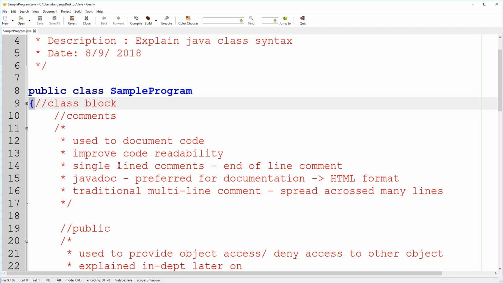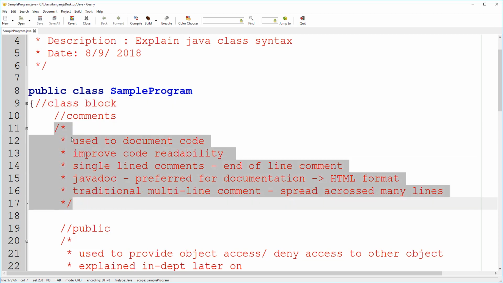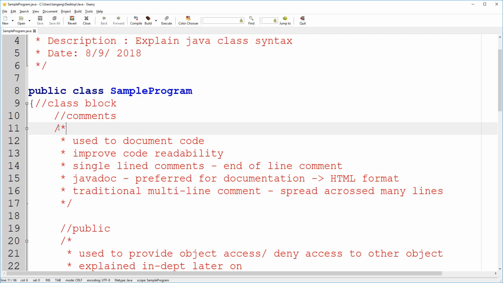That's how the Java API is actually generated, by using Javadocs. Next, you have traditional multi-line comments, which spread the comments across many lines. A multi-line comment starts with a slash asterisk and ends with an asterisk slash,